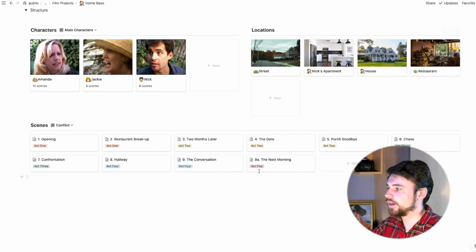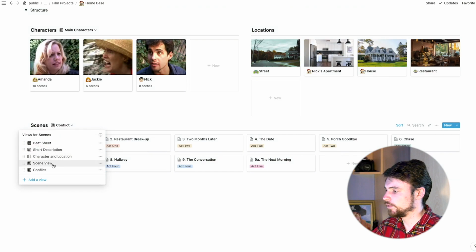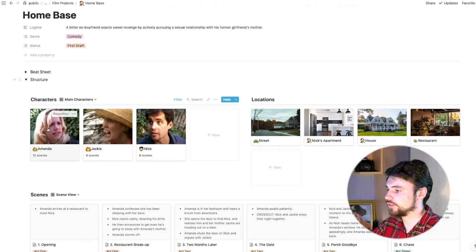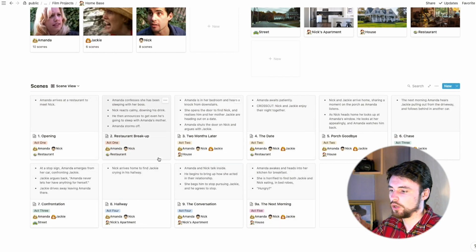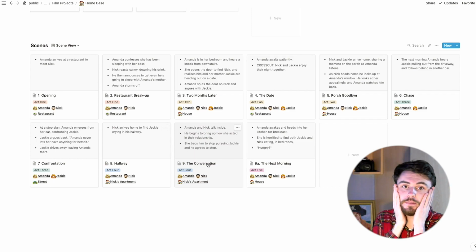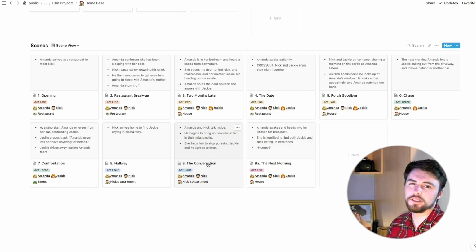so we have loads more stuff. So we've got characters here. Hold on, I want to change this to scene view. So I've got my 3 characters here. I've got my locations, and then I have, which this to me is the reason why I think you should be structuring your screenplays in Notion, because of this view, which just, it really works for my head. I find it so much easier to look at this than a bunch of bullet points in a doc file.